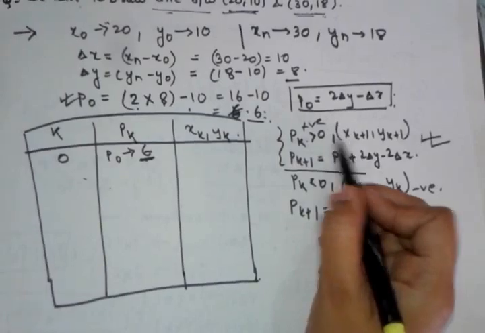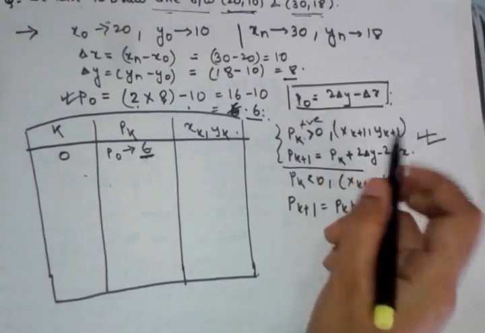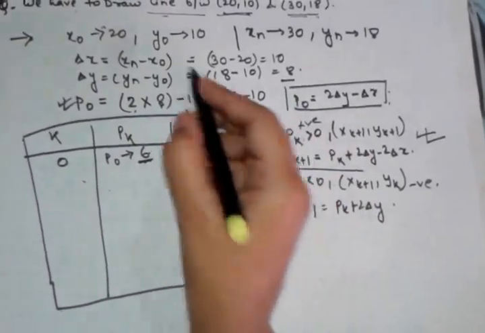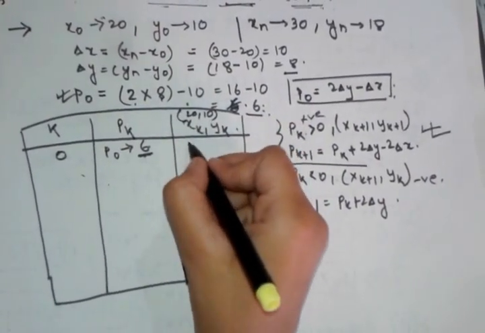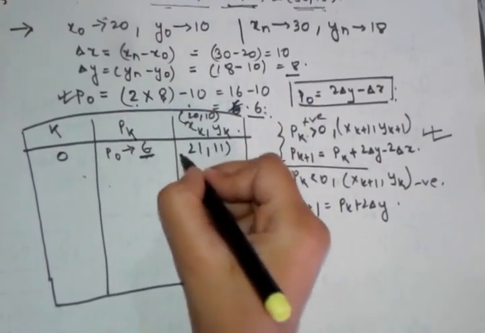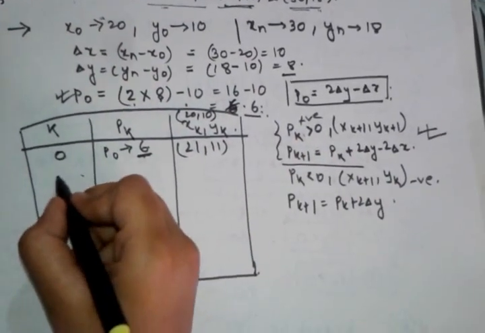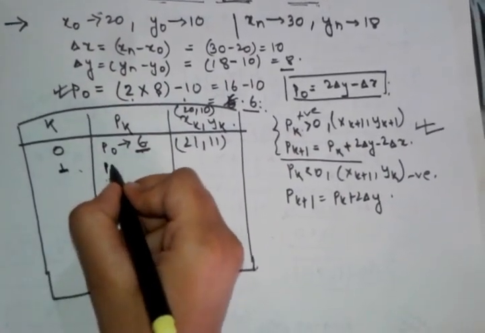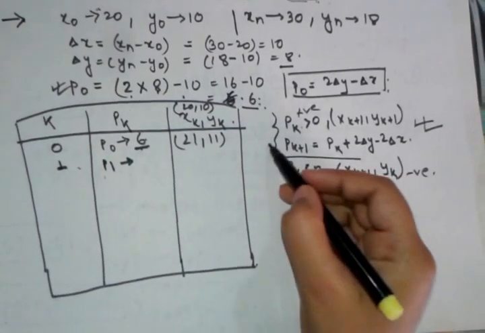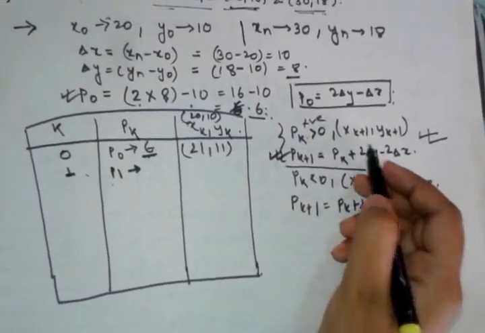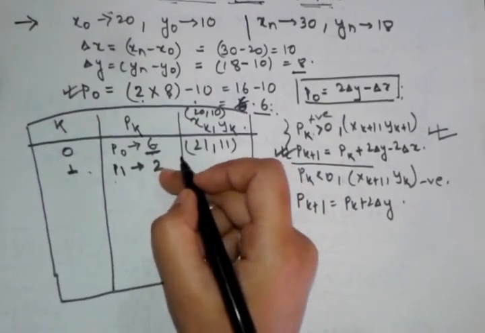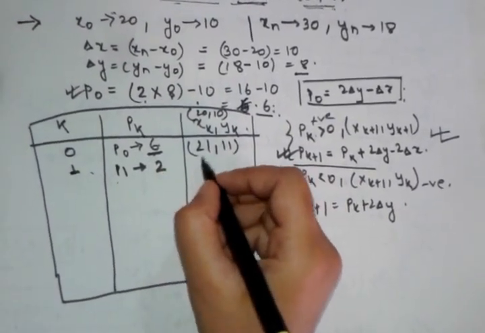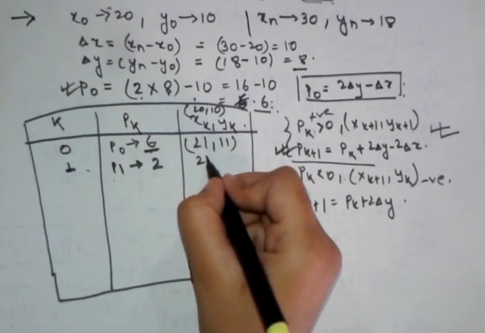So the next xk, yk value will increment by 1. The initial value is what? 20 and 10. 20 and 10 is the initial value, so incrementing by 1, that is 21 and 11. Then at k is equal to 1, we have to calculate the p1 value using this formula, and it will be 2. This is again positive, so we increment both x and y,